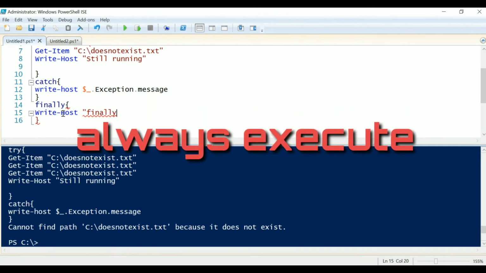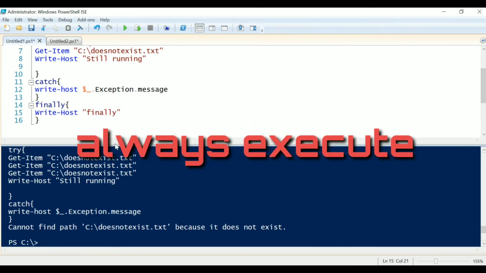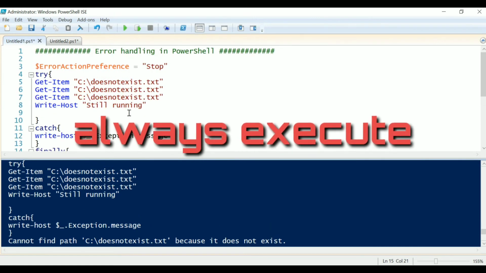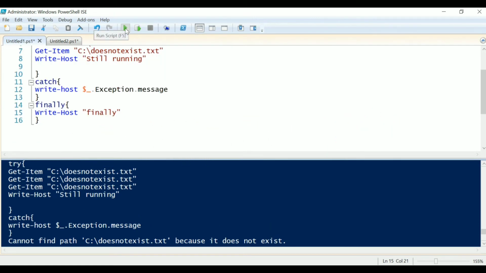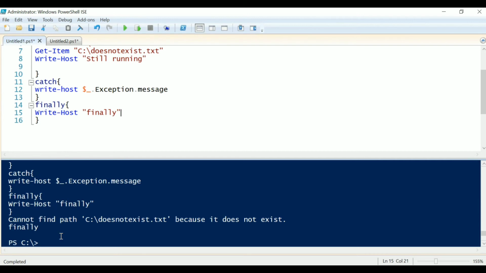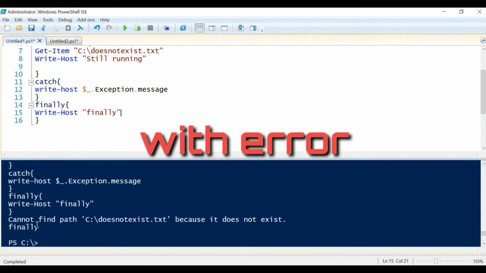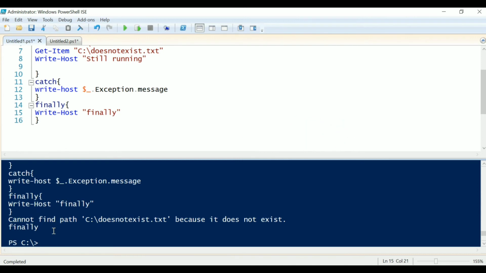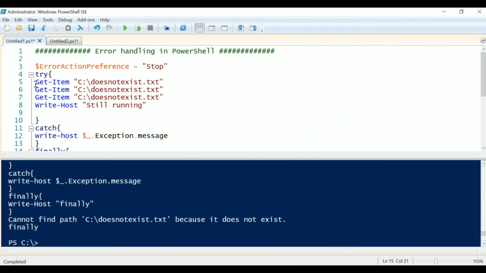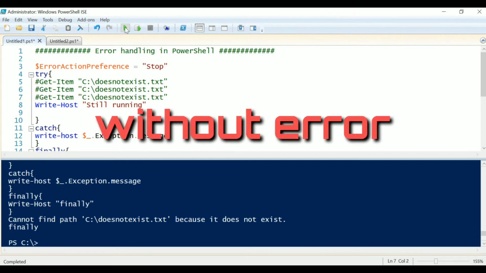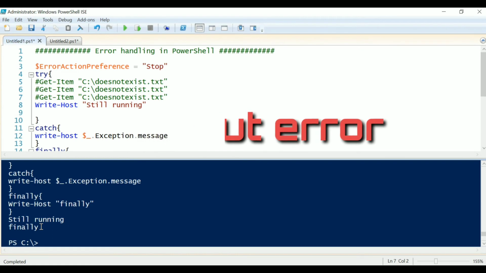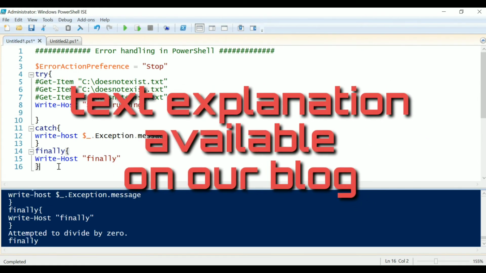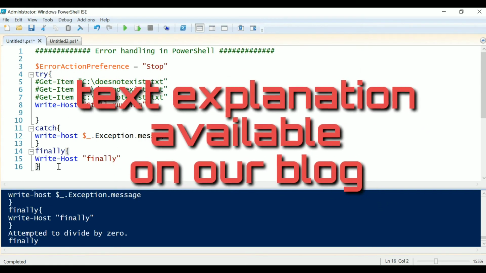Whether you encountered any error or not, you always get output from the finally block. Like this, this time we got an error, that's why we got output from the catch block, then the finally block. If I comment these lines, still I am getting output from the finally block. Text explanation is also available on our blog.